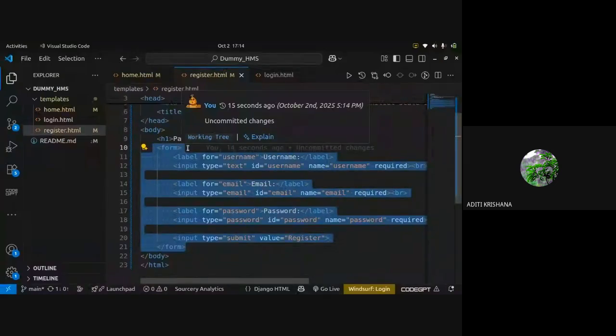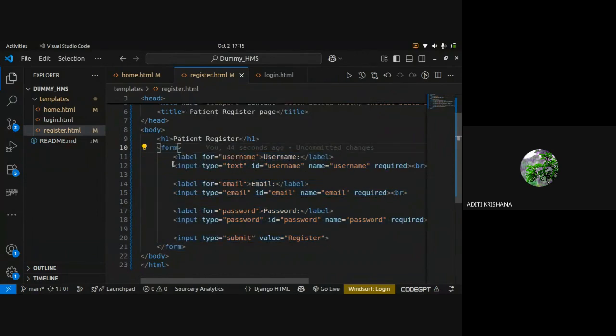We type something, and that data is sent from the front end to the back end. These are the fields which I want to give at the time of registration: username, email, and password. And at last, I have given a submit button. So that is the input. I will just click on that button.